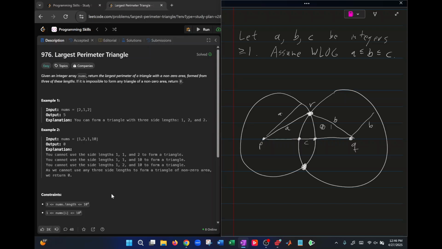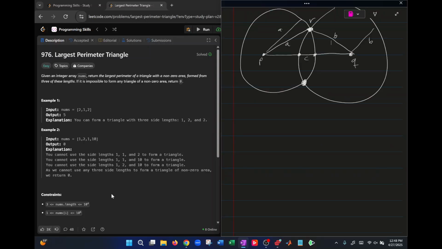And so if we think about it, basically we need to check that A plus B is greater than C. And so if you're given a fixed value of C, then the only condition is that A plus B be greater than C. So you want to find the largest possible valid values of A and B. So if you're thinking, okay, what would be the largest possible values of A and B be? Well,